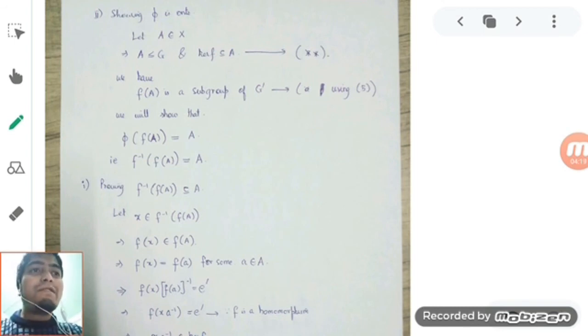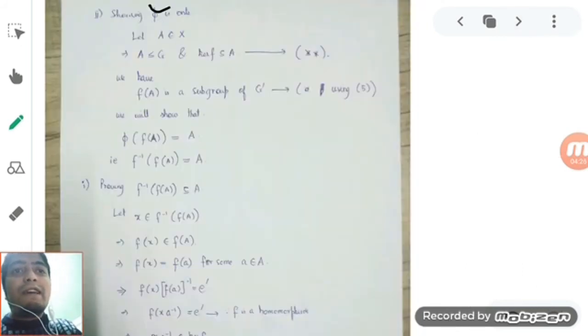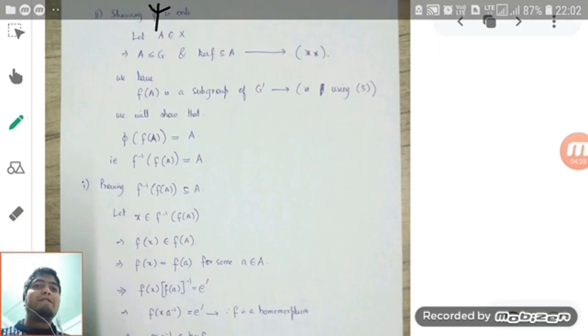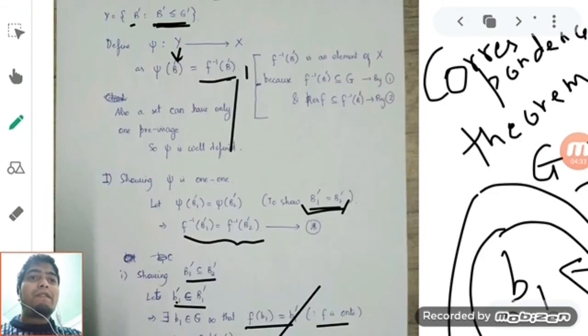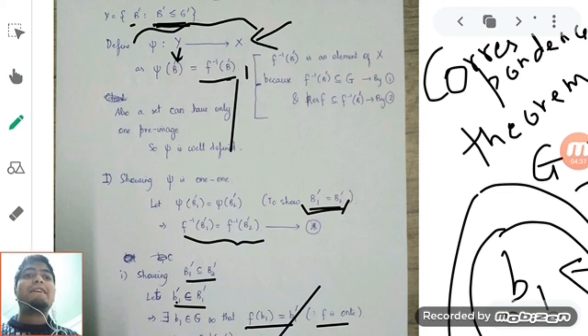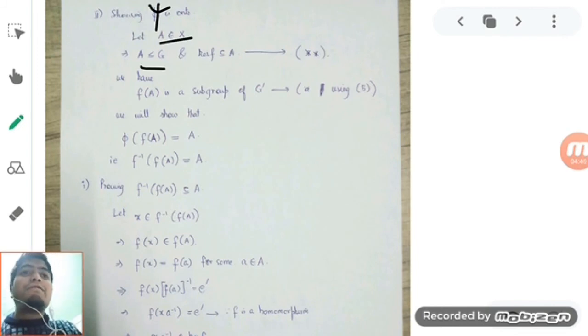Sorry, actually I made a mistake over here. It should be psi. Proving psi is onto. So if you have to show that psi is onto, and this is psi, first take an element from the second set, that is X, that A belongs to X. If it is an element of X, it will be a subgroup of G, and kernel F will be a subset of A. So if you follow these steps,